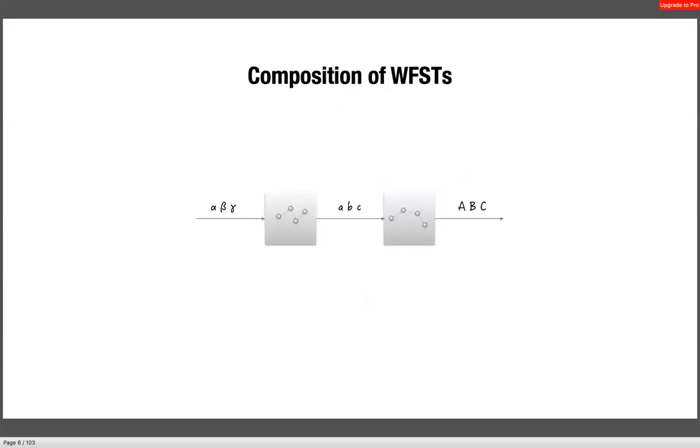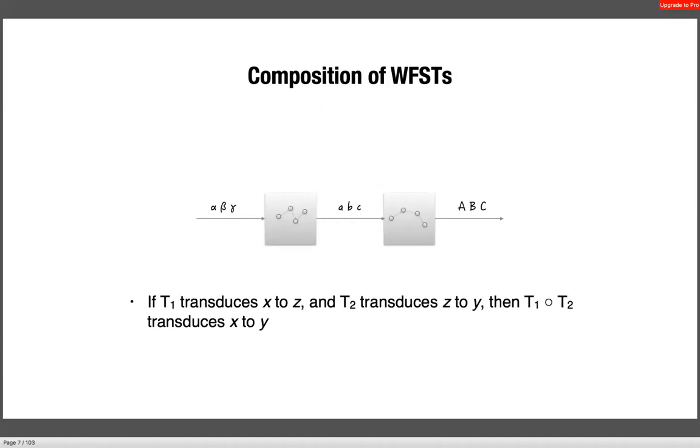Now let's jump right into the first WFST algorithm, which we'll cover in this lecture. It's arguably the most important algorithm, and this is called composition. So in composition, you're dealing with two WFSTs, let's call them T1 and T2. Say that T1 maps some input string X to a string Z, and T2 transduces the string Z to an output string Y. Then T1 composed with T2, where composition is denoted by this circle operator,